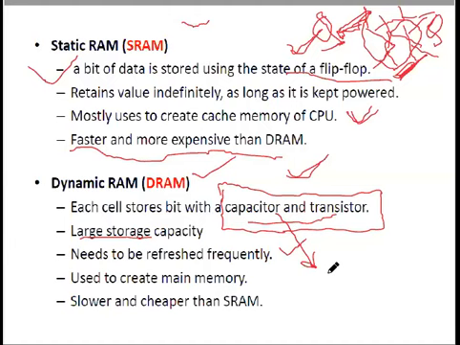If the capacitor is completely charged, it will be regarded as a 1 bit. If the capacitor is not having charge or voltage up to a certain level, then it will be regarded as a logic 0. These cells work on the basis of the charge holding capacity of the capacitors, and hence they are dynamic RAMs and they need a refreshing circuit.